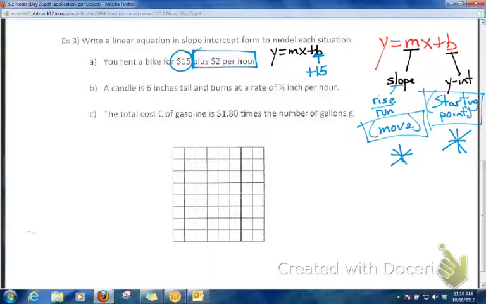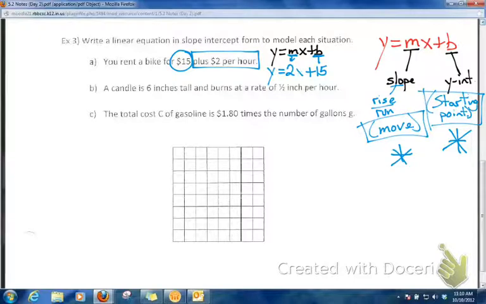I'm going to move up $2, or I'm going to pay $2 more for every hour I have the bike. So I'm going to go up $2, or pay more, so I'm thinking of it as a positive 2 is how I move. My slope is going to be 2. Now, you could finish this equation out by simply saying, okay, my equation is y equals 2x plus 15, but